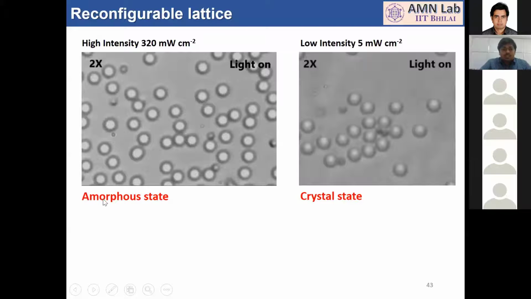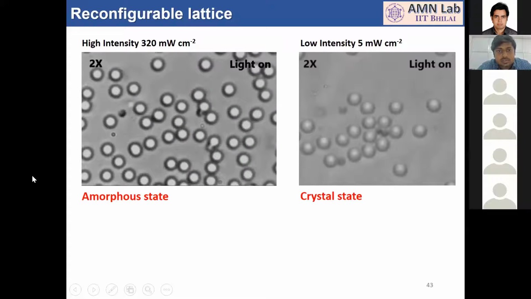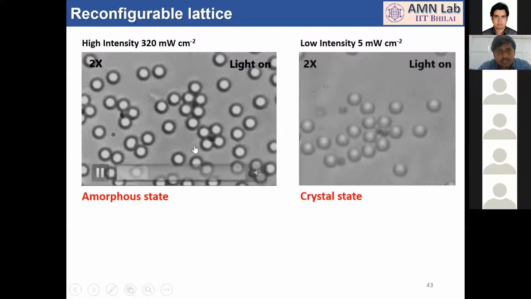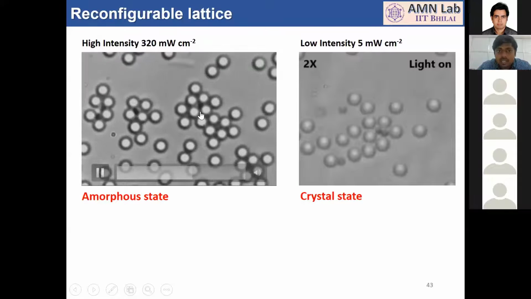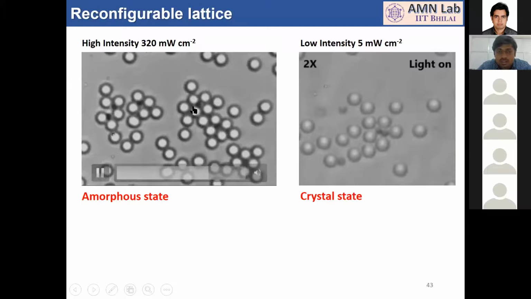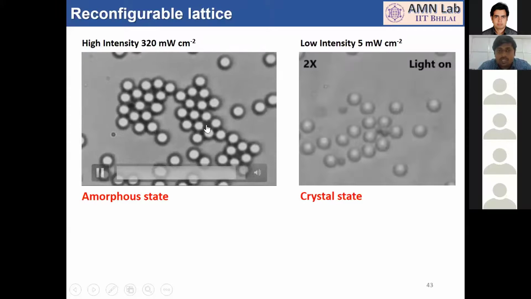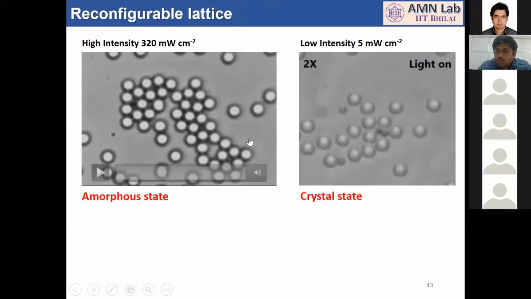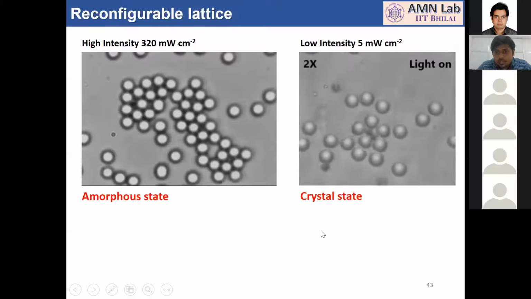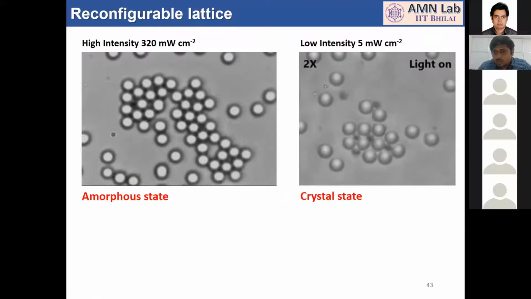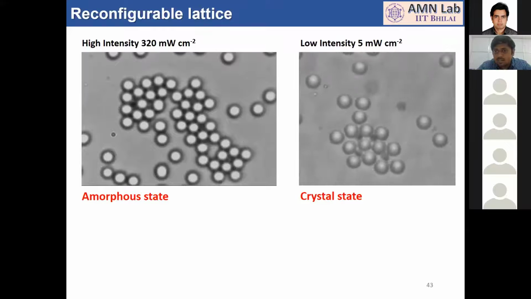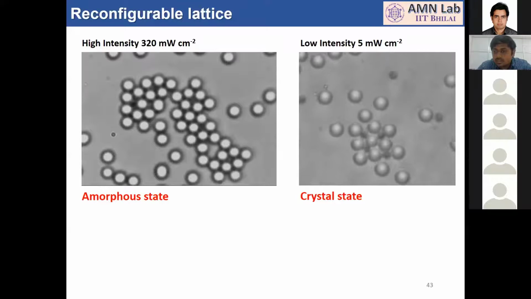then if you grow the assembly at high light intensities, you end up with the amorphous state. You see here, I'm growing the assembly at the higher light intensity. Then simply the particles can attach to random locations. They break the square symmetry, and we end up with the amorphous or disordered state. But for the same set of particles, if I grow the assembly at reduced light intensity, then no particle can attach at random locations, the symmetry of the square unit cell is preserved, and we end up with a perfect square lattice.